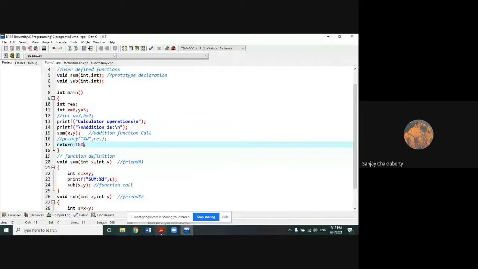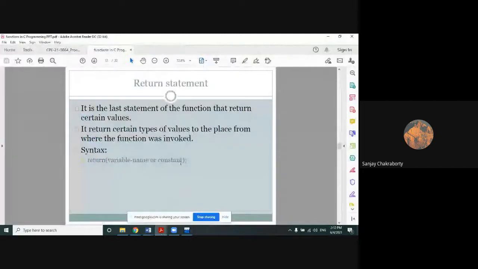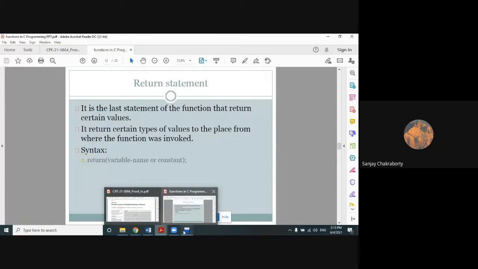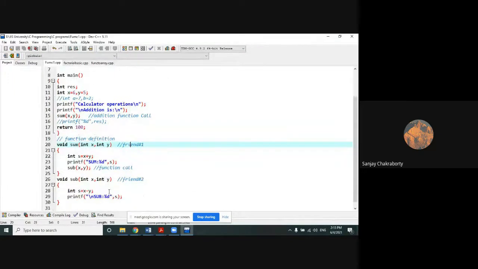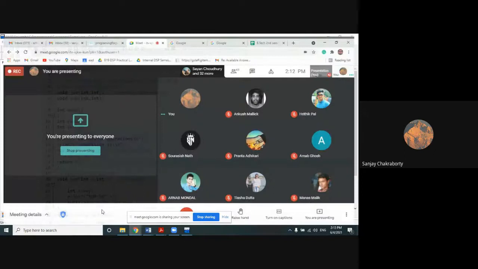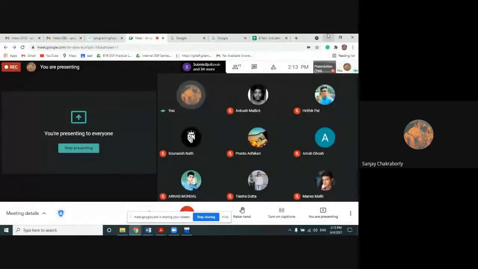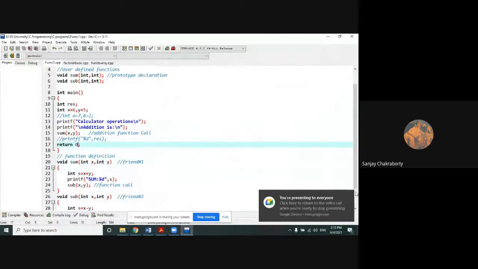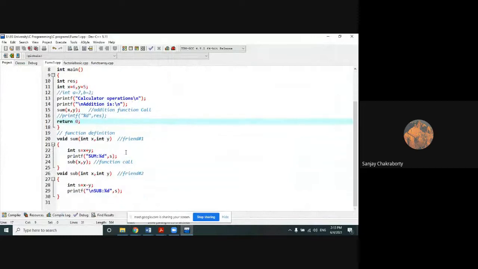So this is actually a return type. I think the return type concept is clear to you. Now in the case of sub functions, that means user-defined functions in your program, the return type concept is a little bit different. This was the basic concept for the integer main function, of which there is only one in your program.